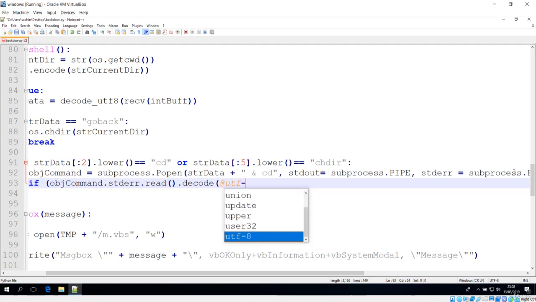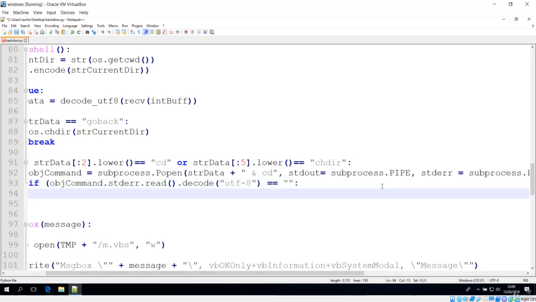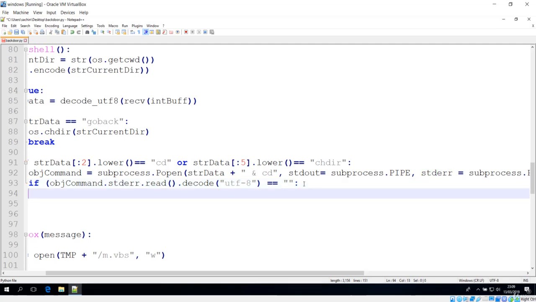So I'll pass utf-8 here. What we just did was check if there is any error from executing that command or not. So I'll say if it is empty. Basically, we are checking if there is an error while executing that command with the standard error argument of the subprocess.